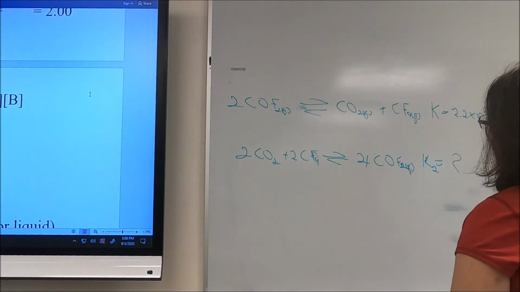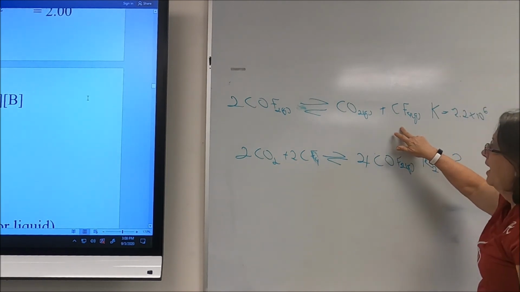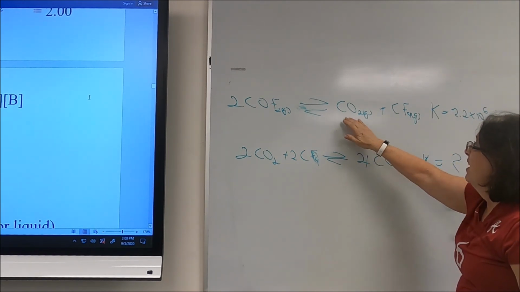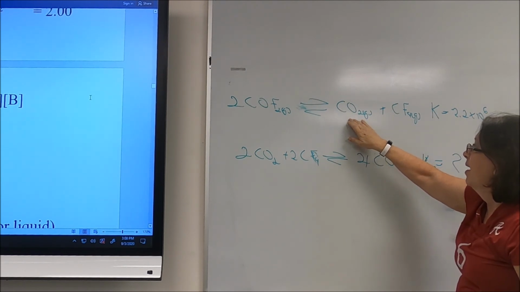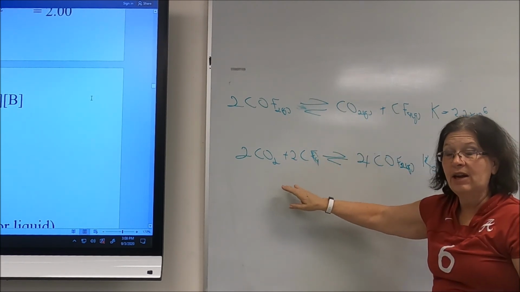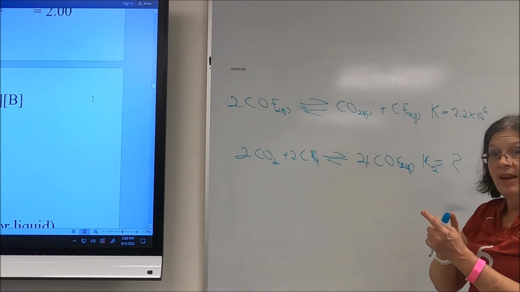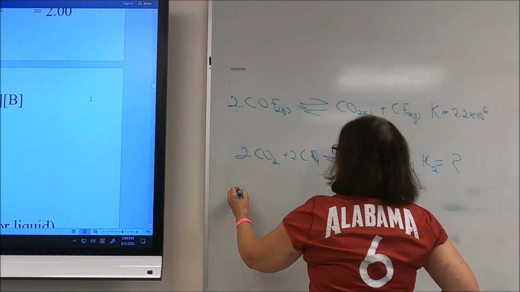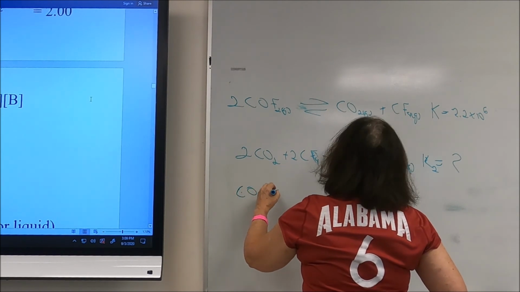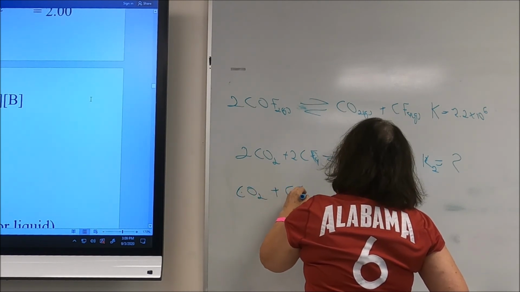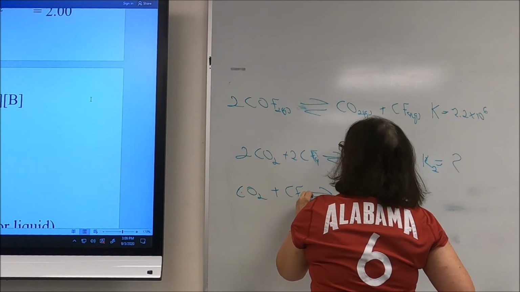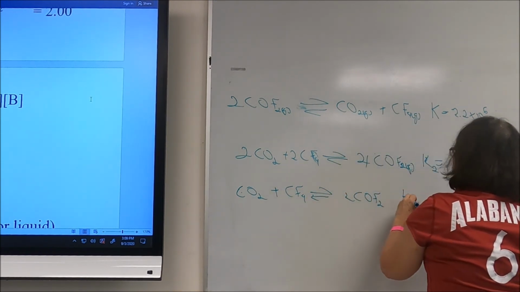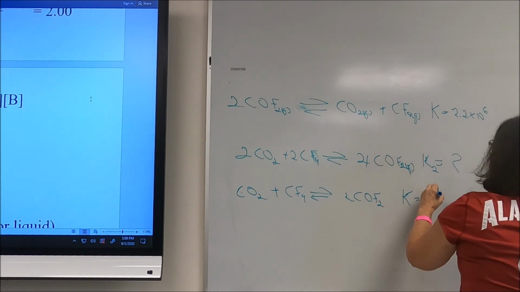Now, I want to compare these 2 reactions. One of the things that I noticed about these 2 reactions is that carbon dioxide is a product here and it's a reactant here. So I know one of the things I did is I flipped the reaction. So I'm going to take this one and I'm going to flip it. So carbon dioxide plus carbon tetrafluoride going to 2 carbon monoxide difluorides. The equilibrium constant here is just going to be 1 over